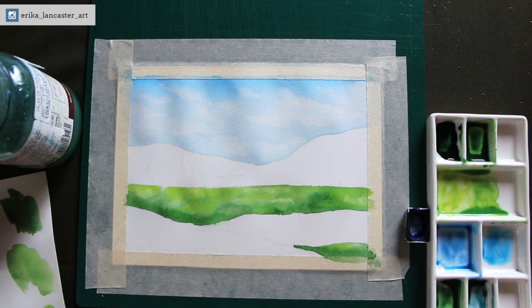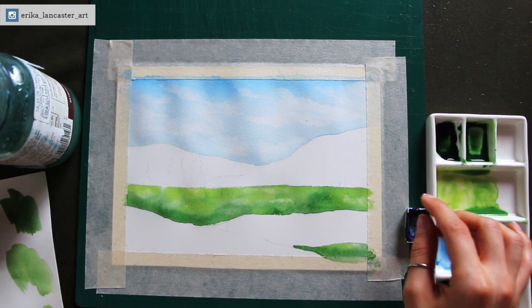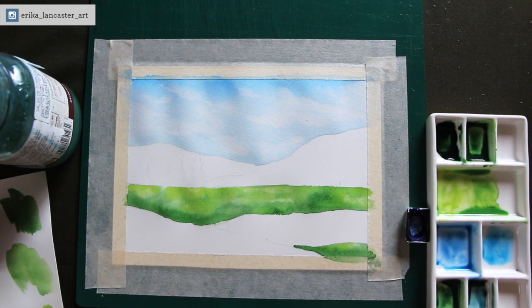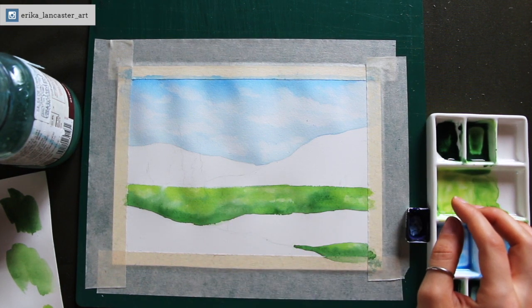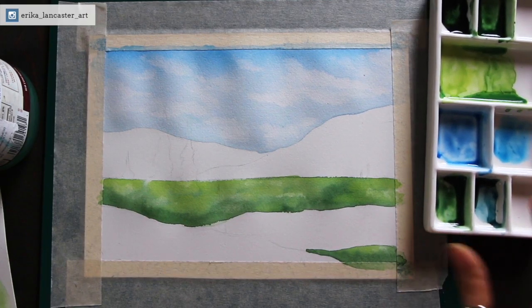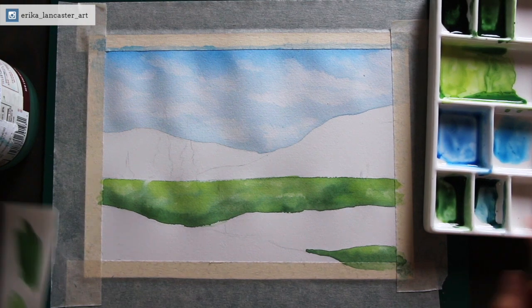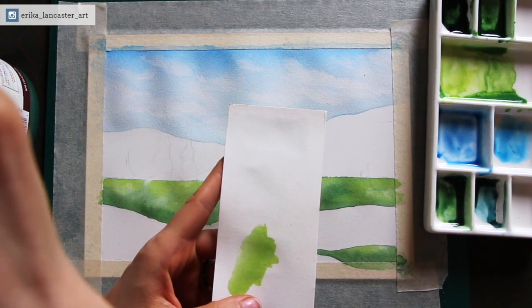As you can see, I am keeping the lightest green in the far away distance closer to the horizon line, and I am using my darker green closer to us in the area in the middle ground. This said, I am making sure to keep everything nice and irregular. I don't want things to seem too organized or drawn out. All right, so I allowed everything to dry completely and I am now going in and starting my work on